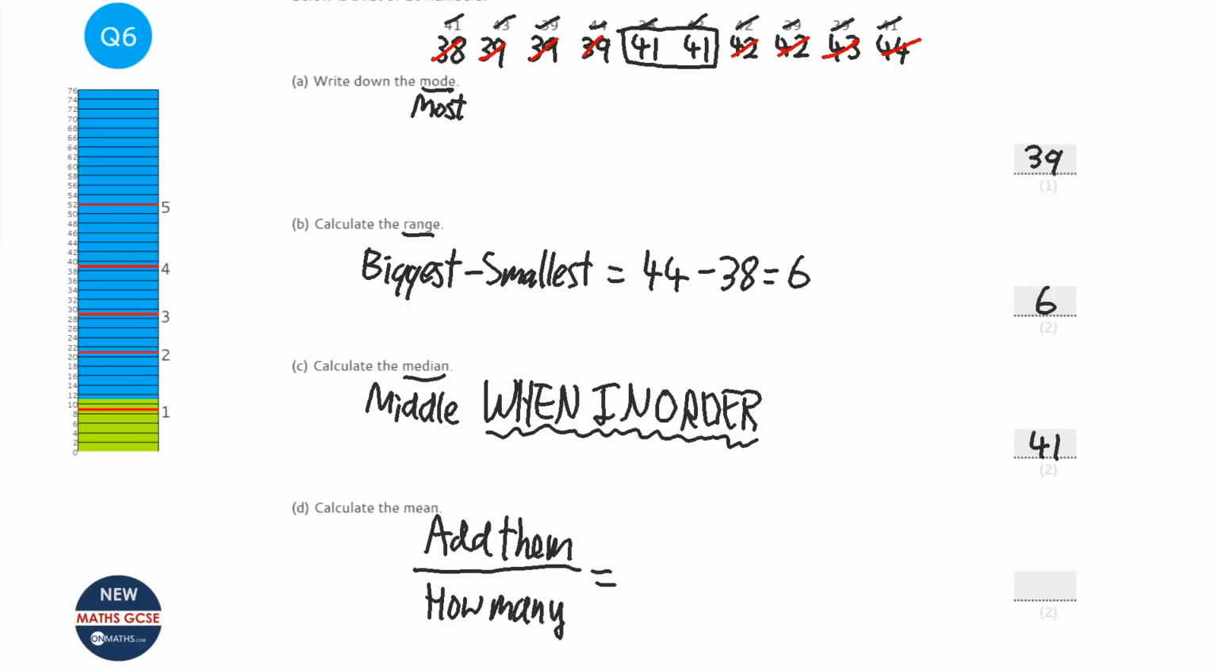So I'm going to do this on my calculator. I'm going to do 38 plus 39 plus 39 plus 39 plus 41 plus 41 plus 42 plus 42 plus 43 plus 44. Hopefully I've got the right answer of 408. Over how many there are? Well, there's 1, 2, 3, 4, 5, 6, 7, 8, 9, 10. So I need to divide that by 10, and I get 40.8